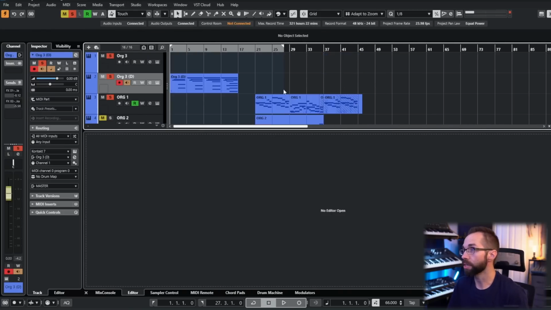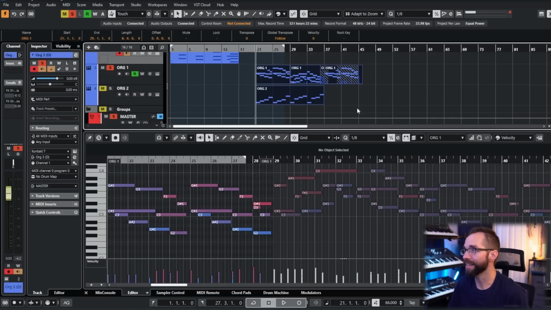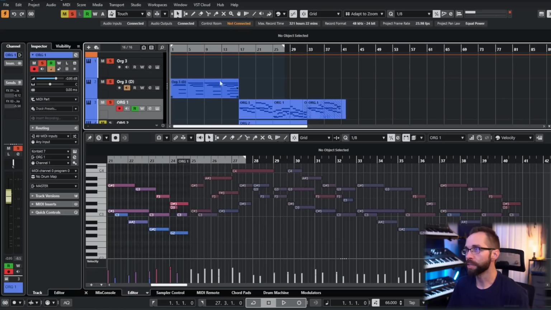I'm just going to delete this ARP because I'm going to do something else inspired by that ARP idea, but not exactly. So what I've done here is given myself lots of space. There are interesting things happening harmonically, but there's still a ton of space for me to do interesting things with the sound design because I'm trying to demonstrate what this